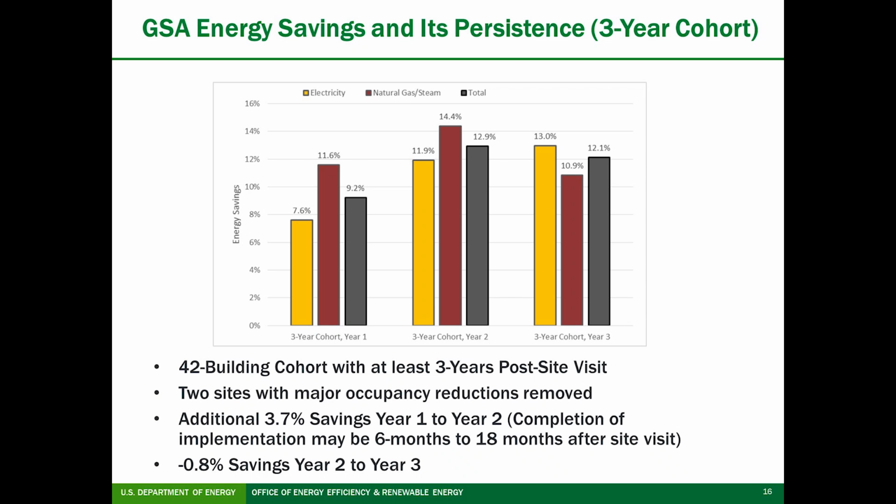This first slide shows the results of a cohort of 42 buildings for which we have annual savings data for at least 3 years after each site's retuning visit. Two sites had major occupancy reductions and they were excluded from the analysis, so we're trying to be honest here. Savings is broken into electricity in yellow, natural gas or steam in red, and then the total energy in gray. The aggregate savings was 9.2% in the first year and 12.9% in the second year, and that additional 3.7%